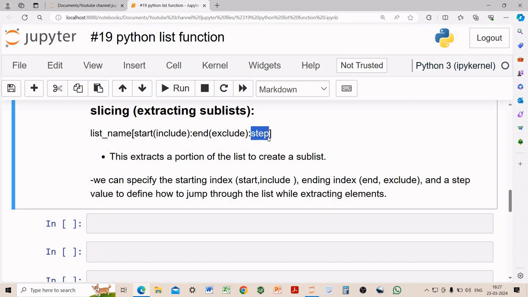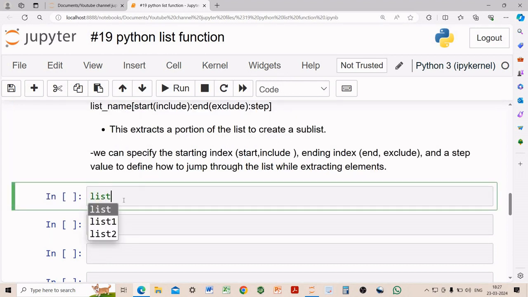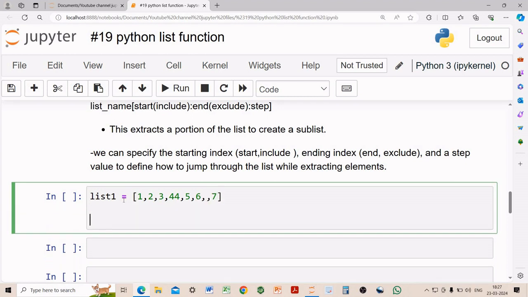So we write here 1, which is an integer value, it can be 3, 4, 5, or anything that you want, you can pass it here. And now I want just elements 2, 3, 4 and 5. I want elements 2, 3, 4, 5 only. I don't want the whole list. So what I'll do,